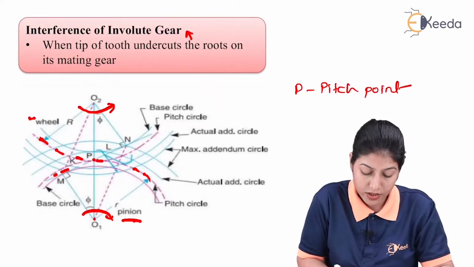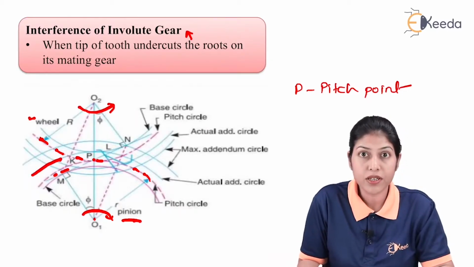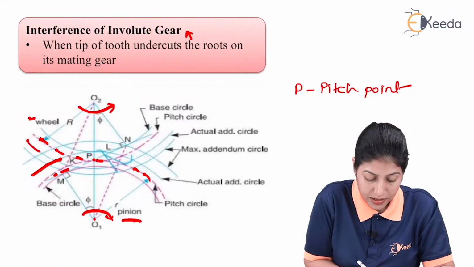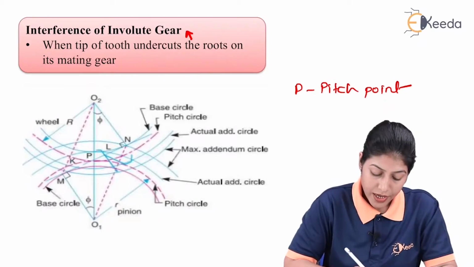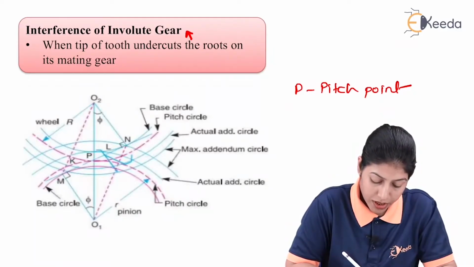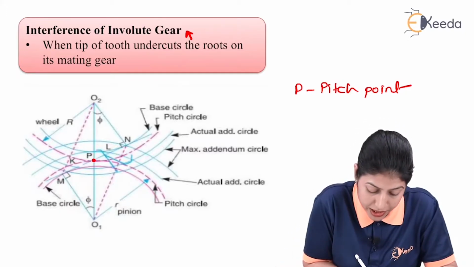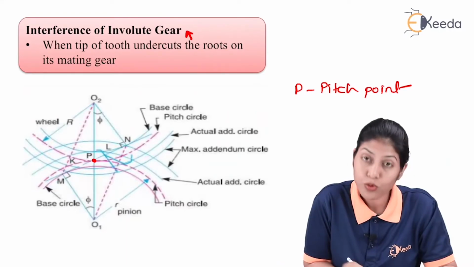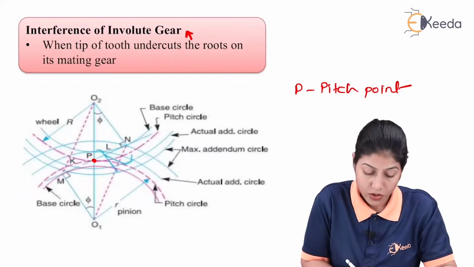Now there is one more circle we consider, called the addendum circle. This represents the addendum circle of the pinion and this circle represents the addendum circle of the wheel. Now, if we define the length of path of contact, it depends on the point of contact of two teeth and one normal passing through the contact point. The pitch point represents the point of contact of two pitch circles, which defines the actual motion of these two gears.